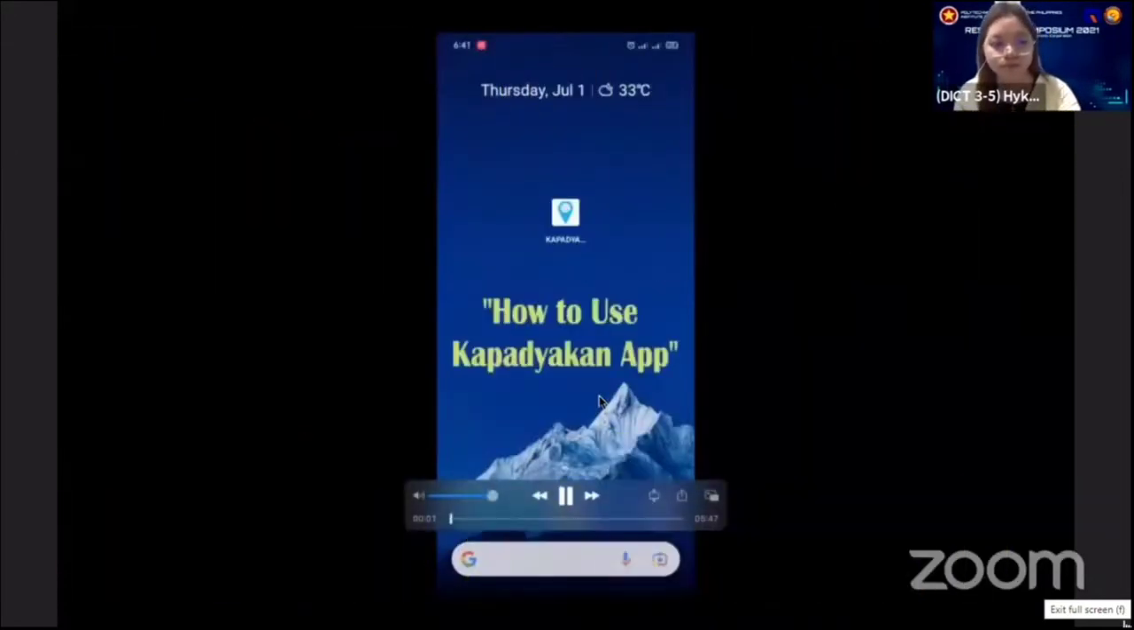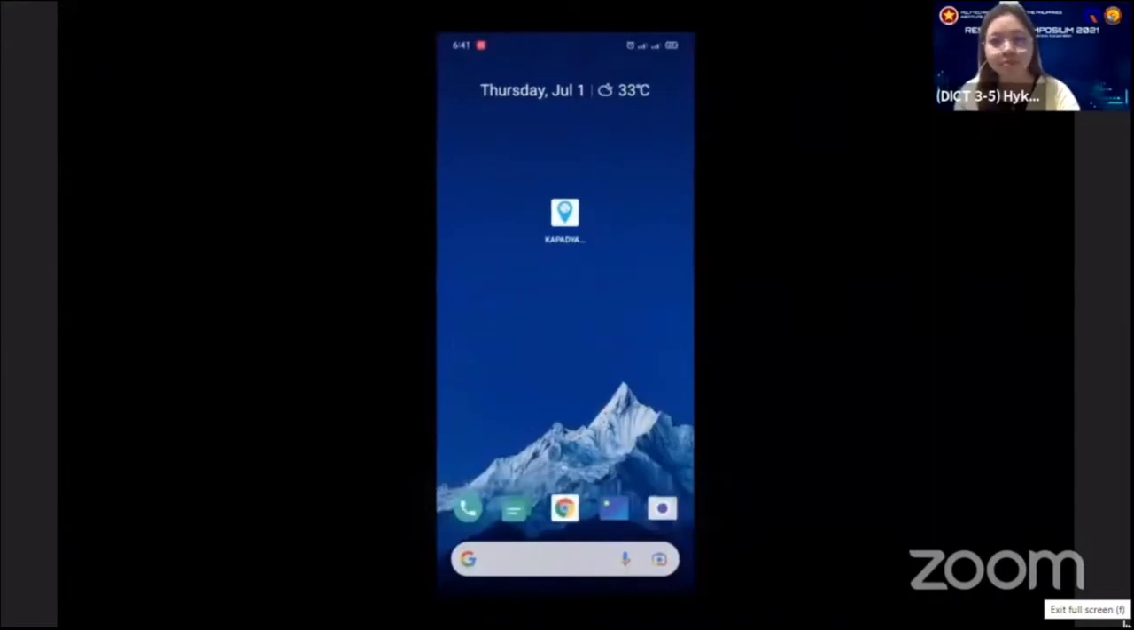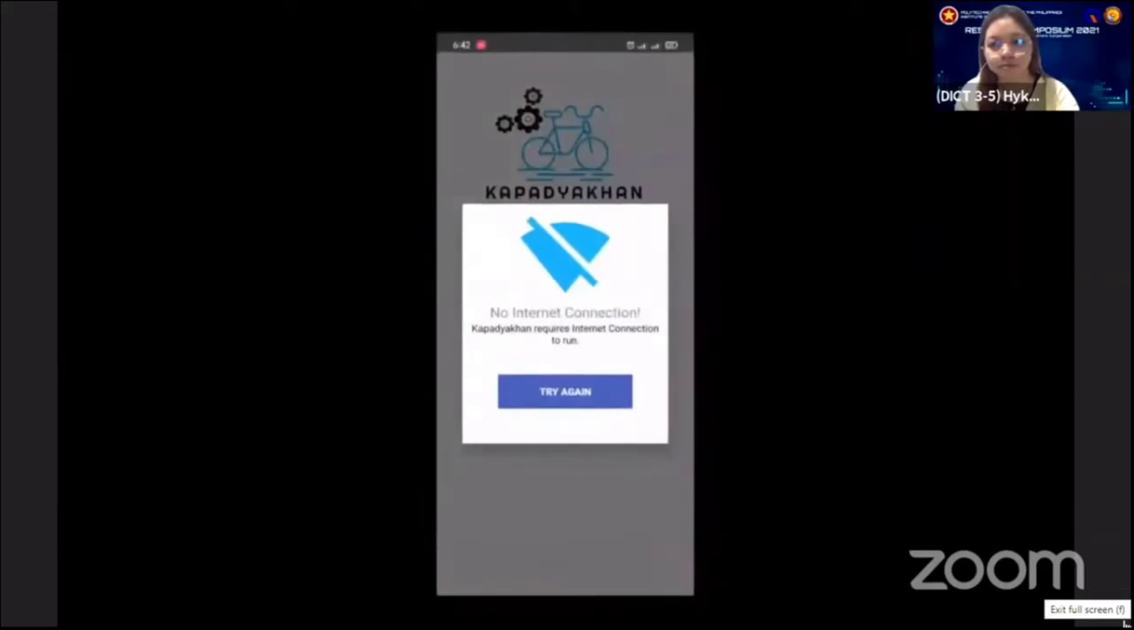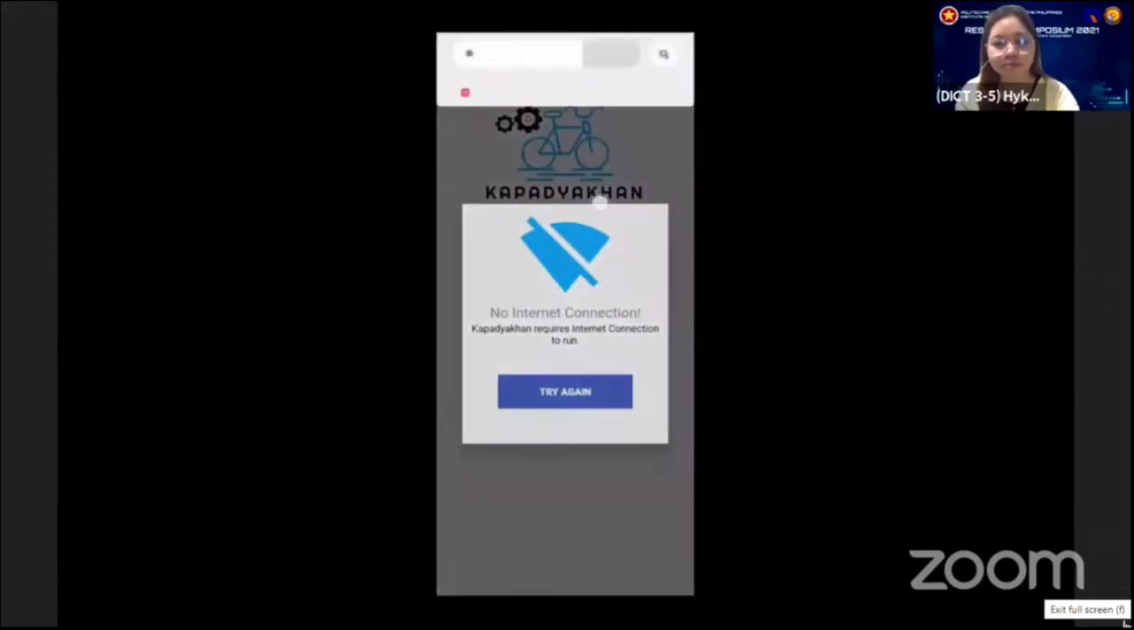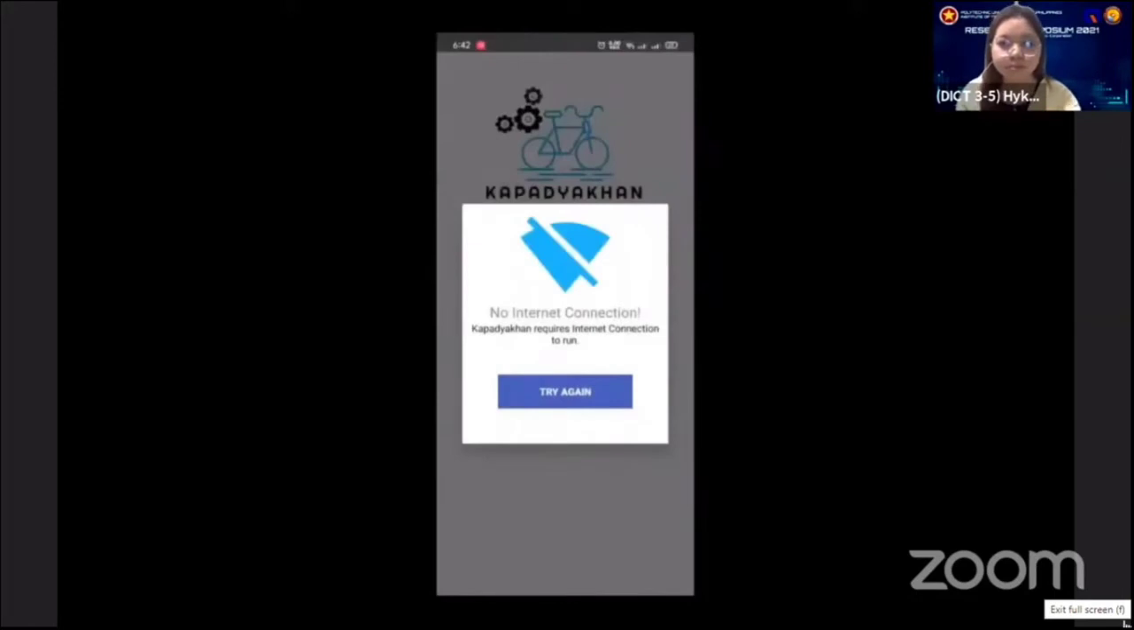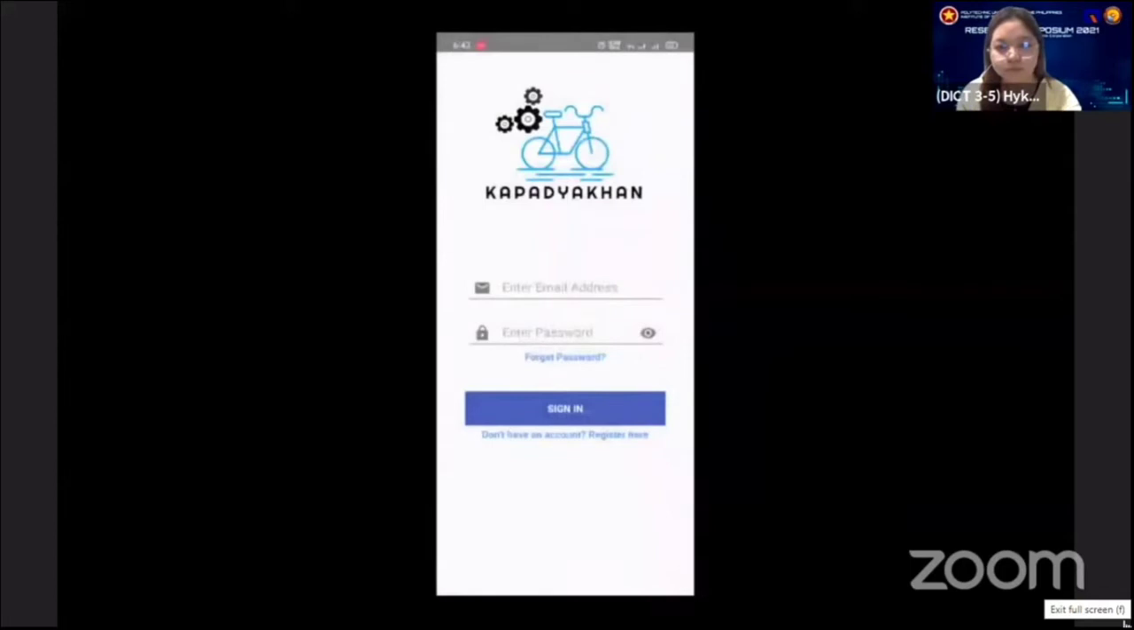How to use the KAPADYAKHAN app. Click the KAPADYAKHAN app icon on your phone display. A splash screen of the application will appear on the screen. If your Wi-Fi or mobile data connection is disabled, a no internet connection notification will pop up. After enabling your Wi-Fi or mobile data connection, you will see the login page with the KAPADYAKHAN logo above and tells what KAPADYAKHAN means, and a login form wherein you can enter your email address and password that you registered